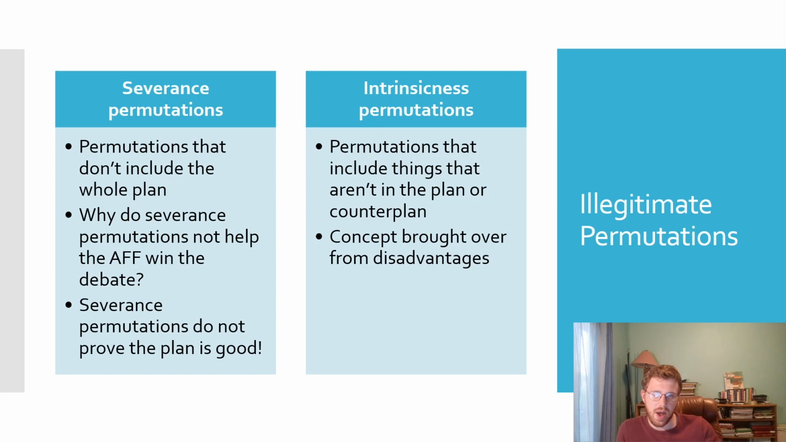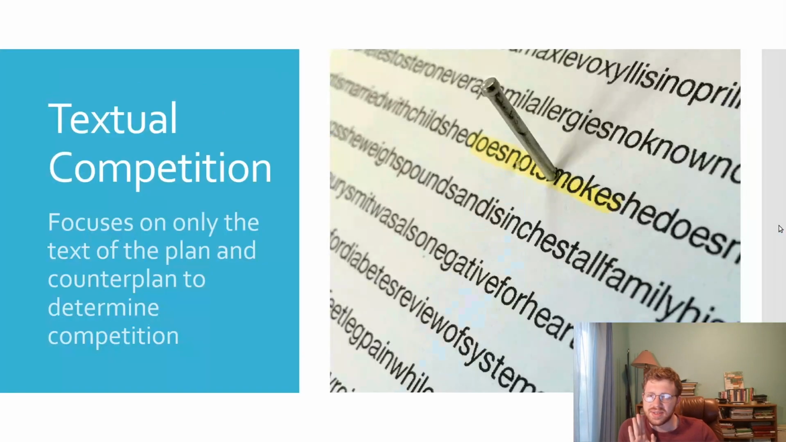So now that we've talked about legitimate and illegitimate permutations in the context of counterplan functions, I'd be remiss if I didn't bring up an additional standard of counterplan competition, which is called textual competition. Textual competition is a different method than functional competition of evaluating whether or not a counterplan is competitive, which is to say that we only evaluate whether the counterplan is legitimate by looking at the text of the plan